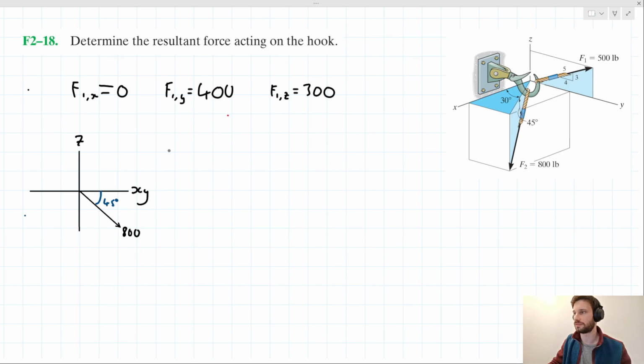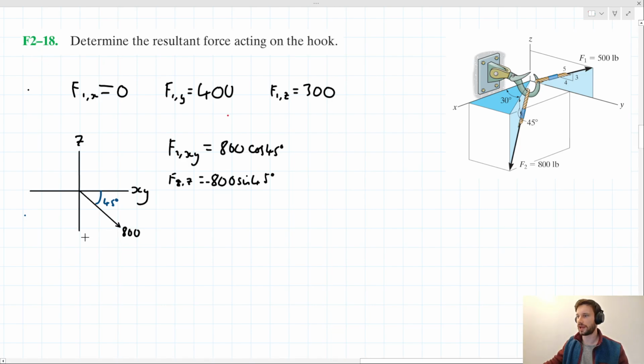And using this decomposition idea that we've done previously, we can say that F2,xy, its horizontal component, is going to be 800 cos 45, and its z component, or its vertical component in this context, is equal to 800 sine 45, or minus 800 sine 45, I should say. Okay,